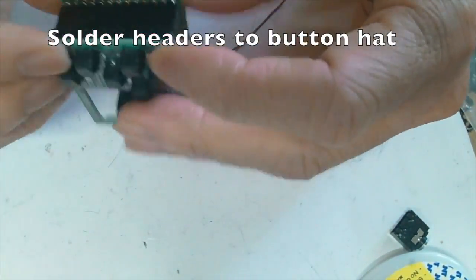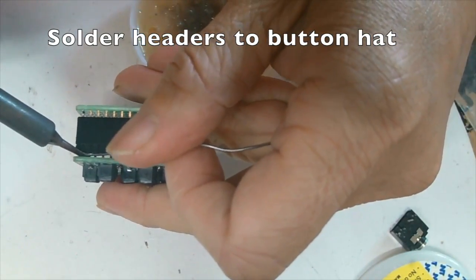Next, we're going to solder the 13 pins button header onto the